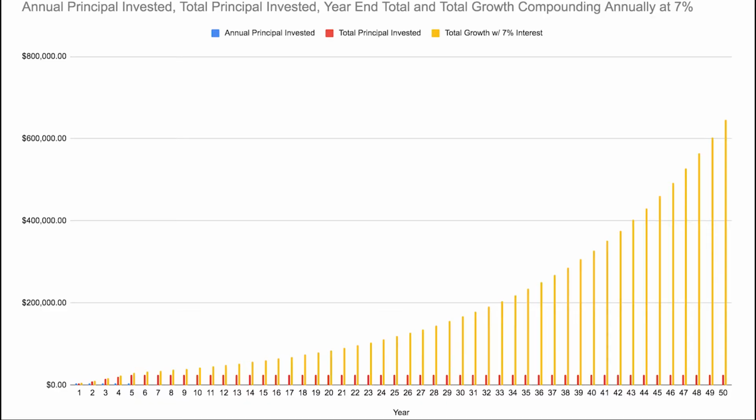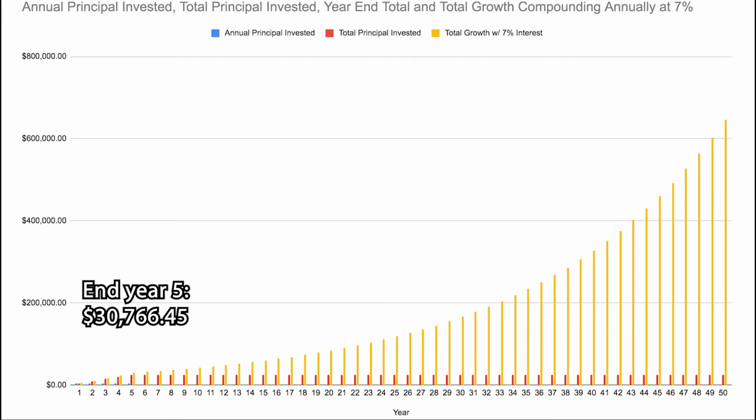Conversely, if you've saved $5,000 and invested that $5,000 each year for 5 years at a growth rate of 7%, at the end of that 5 years, you would have a total of $30,766.45. Now, with no investments made after that, or initial principal investments made after that, but that sum continued to